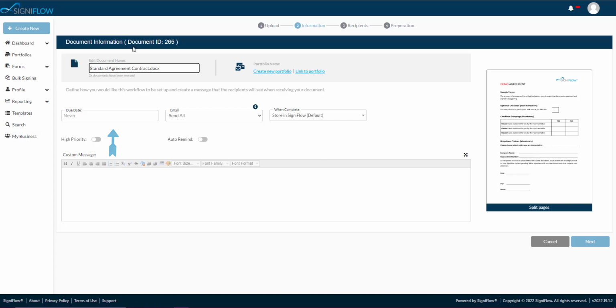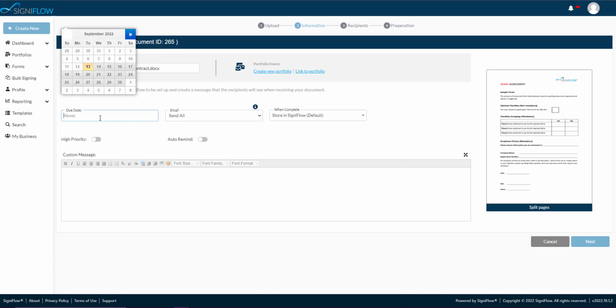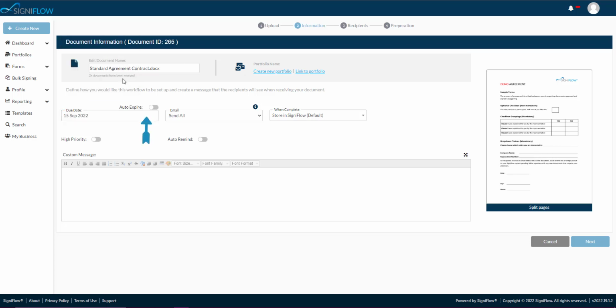Next up we have the due date. Using this, you can define when we would like our workflow to be completed by. This will not stop actions taking place after this date, but it will let your recipients know that you want it completed by then. Once you've set a due date, the option to automatically expire will display. Click on the toggle if you'd like your document to be moved to the expired basket after the due date